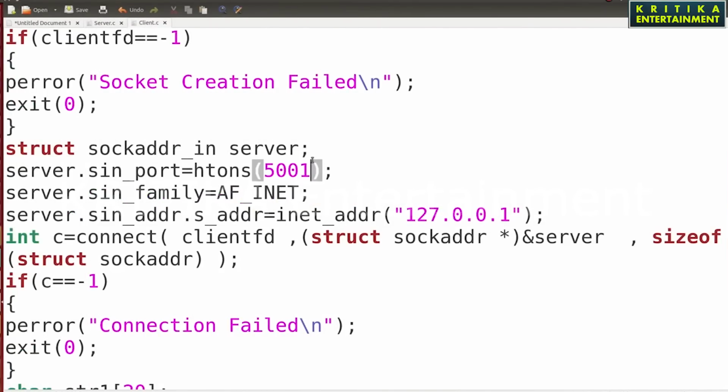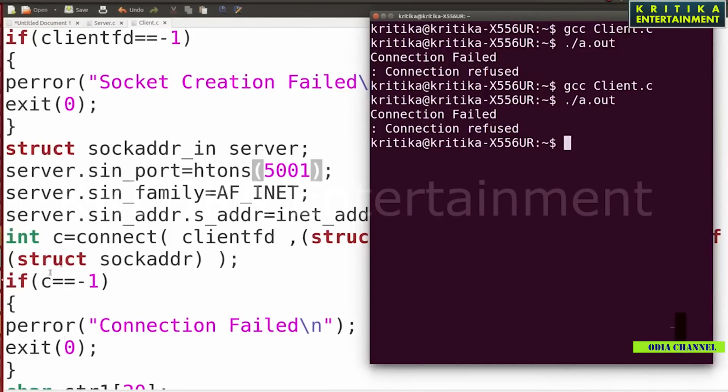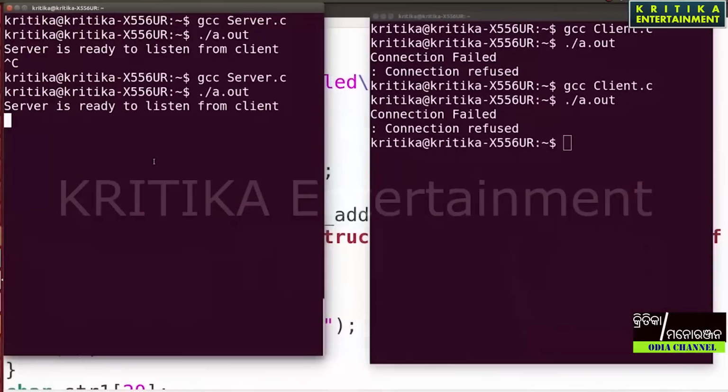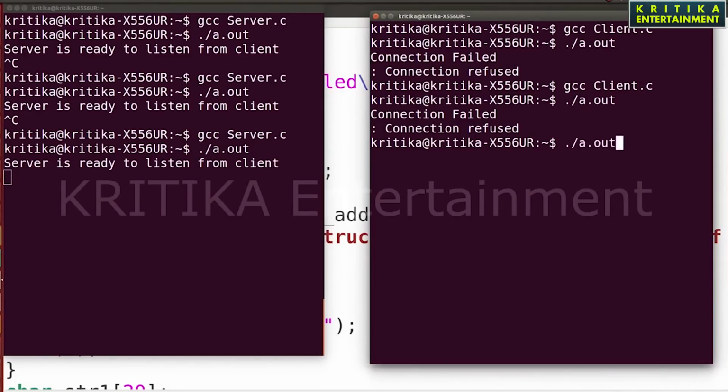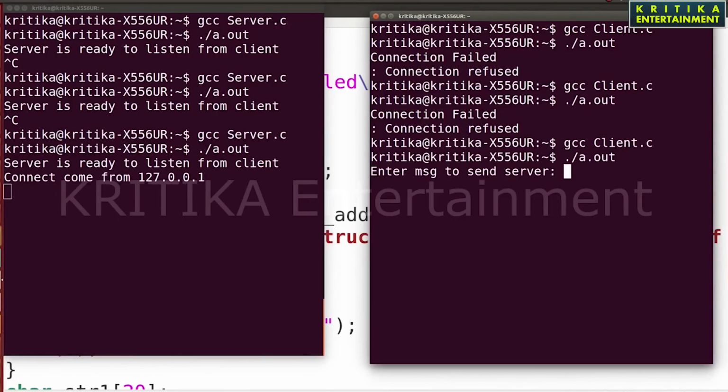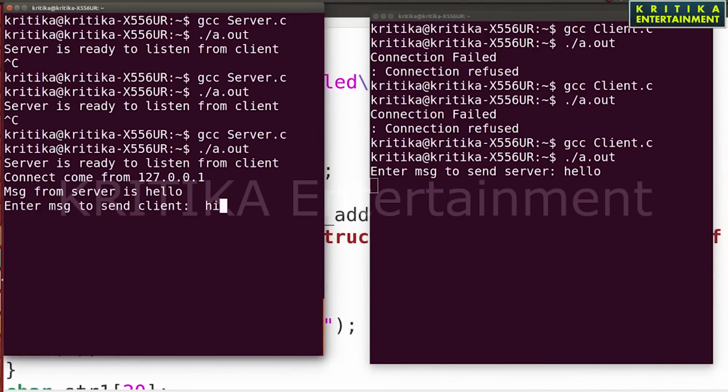Okay, then you see running or not. Close it, then compile, then run. The server is ready. Then go to this program. Again, this needs to be compiled, then run. Enter the message hello. Then on this side enter hi.